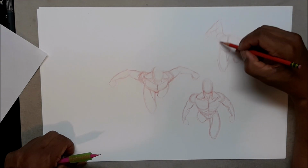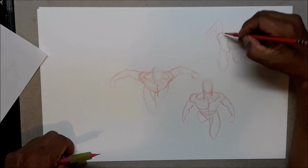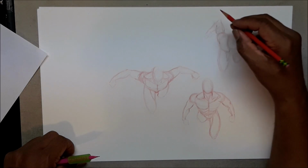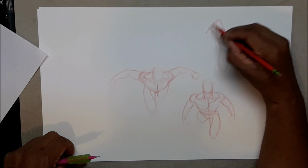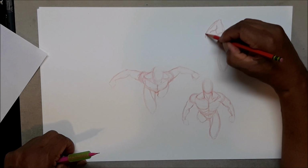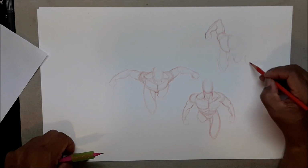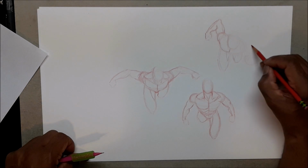So chest, and then your delt, tricep, bicep, comes in, so your elbow's going to be here going down, so you're going to see a little curve around there. This, and then your wrist, and bend that arm like so. So with this, if I do a fist, the fist should be higher, or here if I do